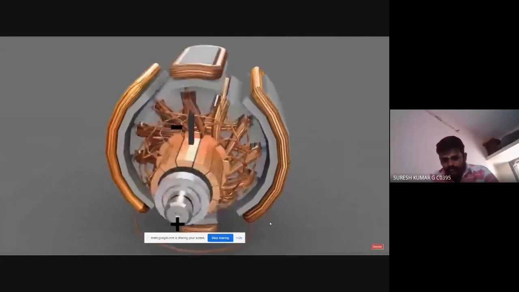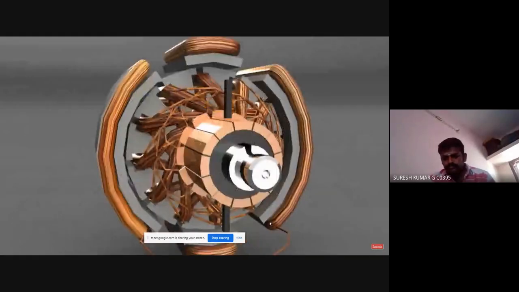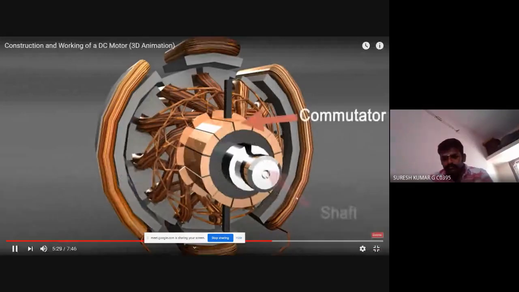Coils are connected to the commutator segments in such a way that at every instant of time, each and every coil carries current, but the side of the coil that comes on the left-hand side carries current in one direction and the side on the right-hand side carries it in the opposite direction, irrespective of the rotor position. This can be achieved by the lap or wave connection of windings. We will discuss this in our upcoming videos. To ensure that the current given to the commutator segments will not reach the shaft, mica insulation is placed between them.